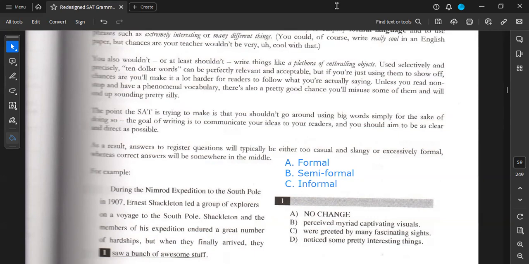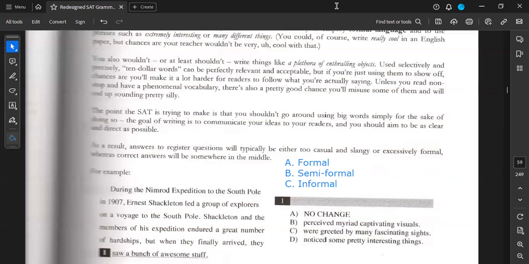So that's the thing with English, right? They try to make you feel like it's subjective, which usually English is, but the SAT is always objective because it's a standardized test, so you have to be fair. So just in case anyone else is also going through this confusion, let's break down C and D. We've agreed that the passage is semi-formal, right? And now we're trying to break down whether it's C or D. "We're greeted by many fascinating sights" and "noticed some pretty interesting things." If you read those two,